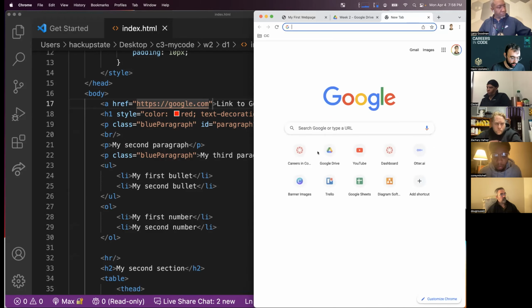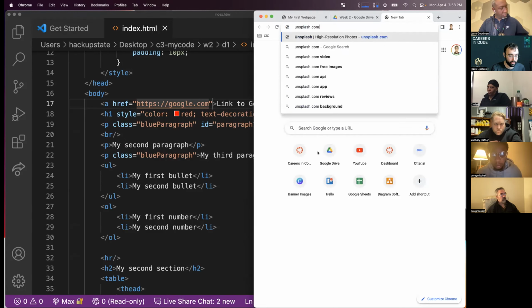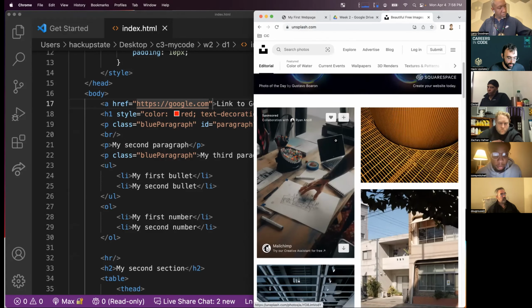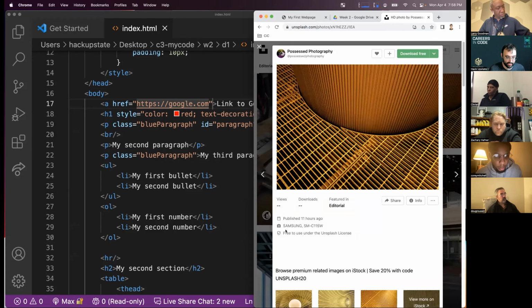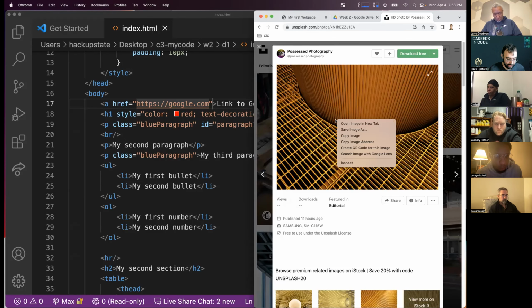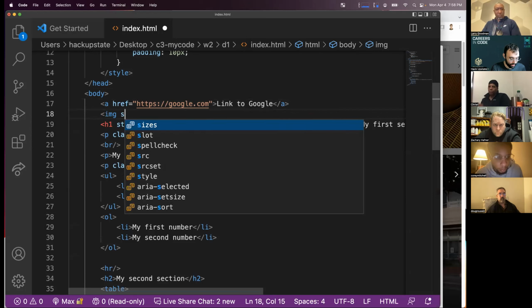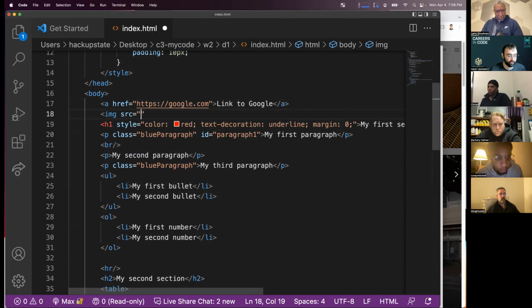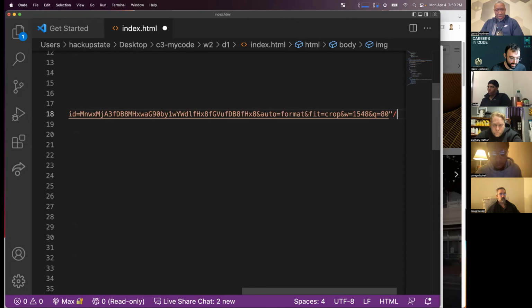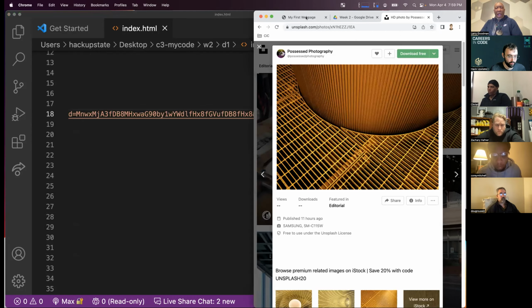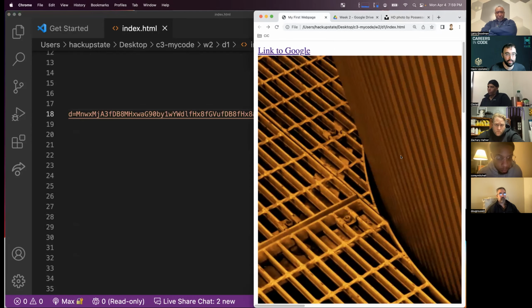The other one I want to show you is images. So I'm going to go to unsplash.com and I'm going to just pull in this image, right? So if I right click on this, I can copy the image address, and I'm going to come down here right under my H tag. I'm going to add an image with an src tag. That src stands for source. Paste that in and close out my image tag. So if I come over here, I refresh, I've got my image coming in, and we can even get fancy